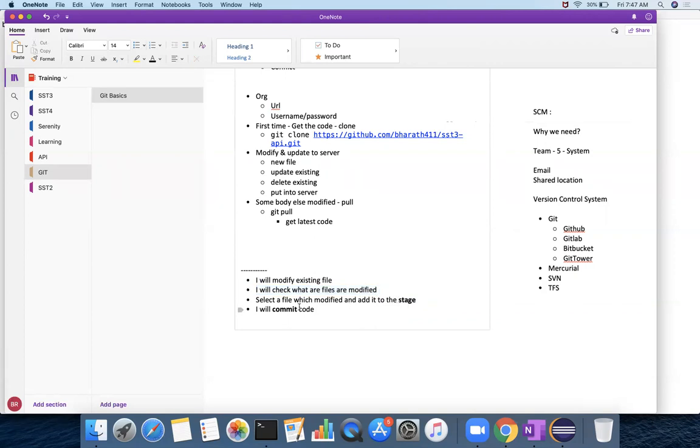Then once you come to the billing counter, you pay, they prepare the bill, put it into a cover, and give it to you. That means you are ready to take it home. It's not in your home yet. The advantage of this commit is, you take that cover and you have to get it to your home. That operation, we call it push.